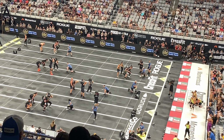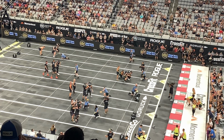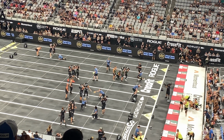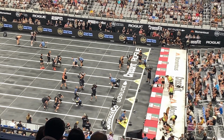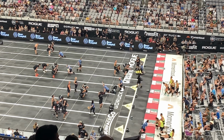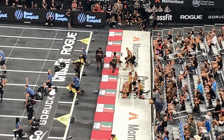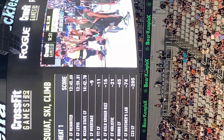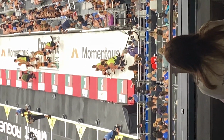Ocean State driving forward. Ocean State CrossFit, lane number 7, less than 10 reps to go, looking to be your 3rd finisher here in heat number 1. Those athletes stay in the grind and looking to finish these last few reps. Not wanting to lose a rep on that synchro. 1 rep to go. They will dump the bags and make it to the finish right around 14:42. 3 teams across the finish line here for event 1. Majority of our teams